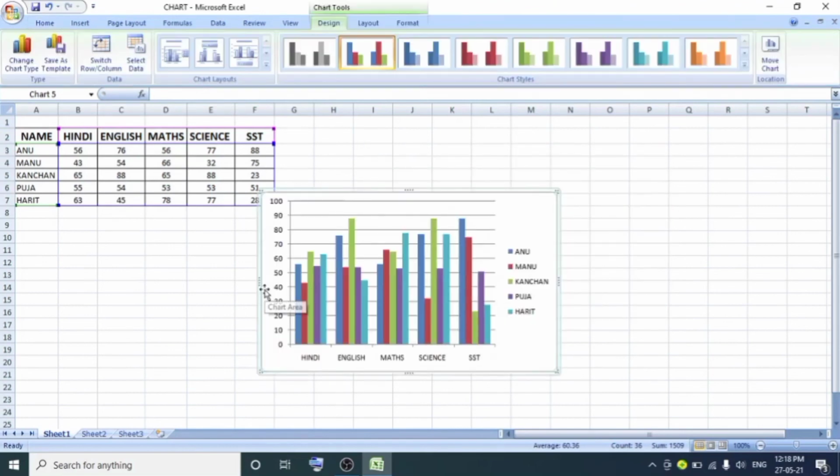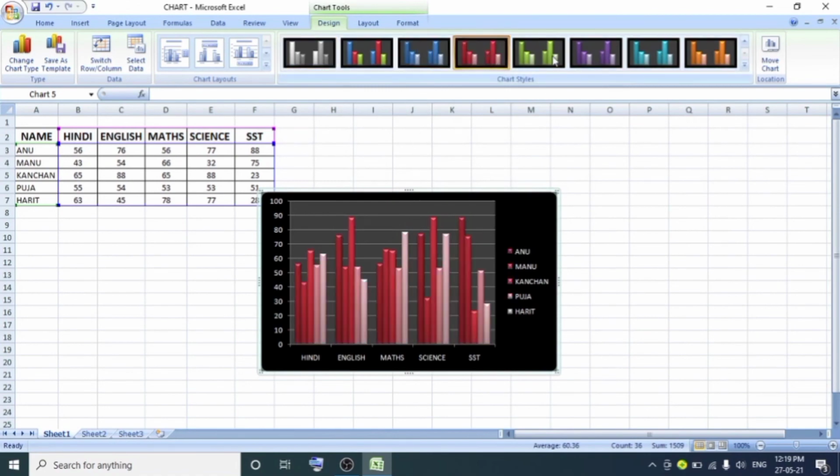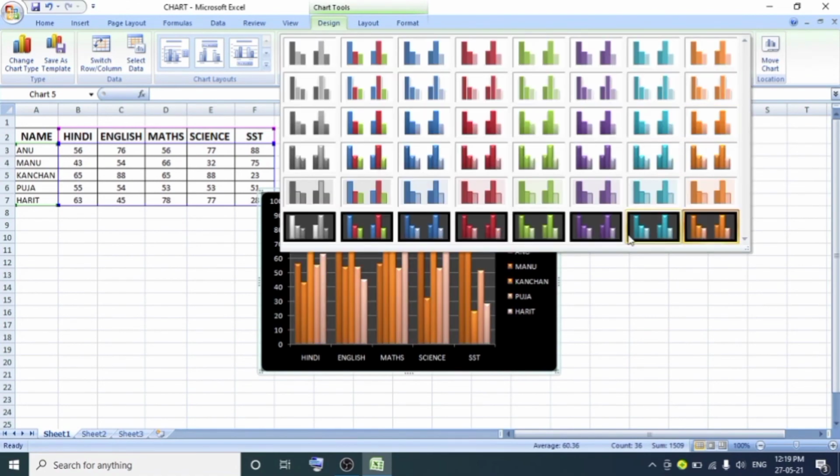So the next thing is how you can do the formatting operations on the chart. Excel provides us pre-designed styles and chart formatting options to give a new look to our chart. So these options like predefined chart styles we can get. First we have to select the chart inside the design tab. Inside the design tab under the chart tools. These are the chart tools. So here I can get number of things, like I have to click on the more option here. So you will get the different chart styles from here like this. So you can give the style according to your need to your chart. Fine.